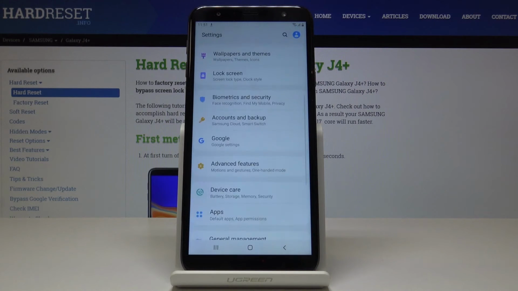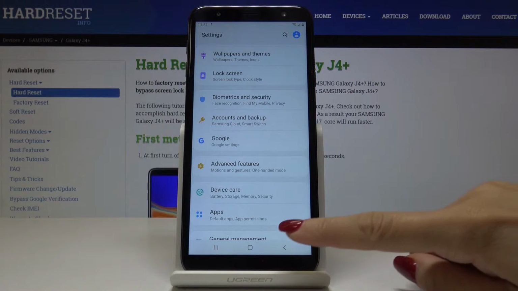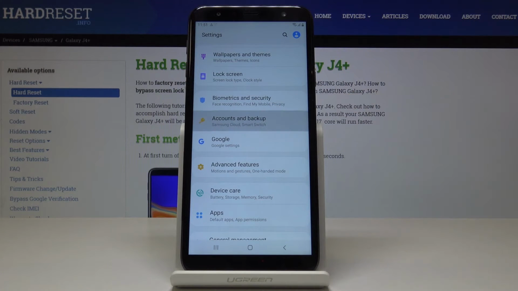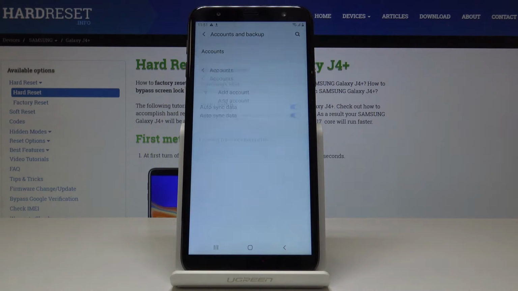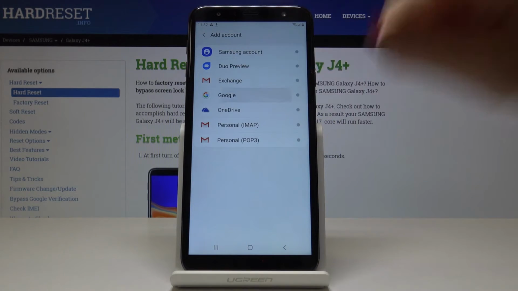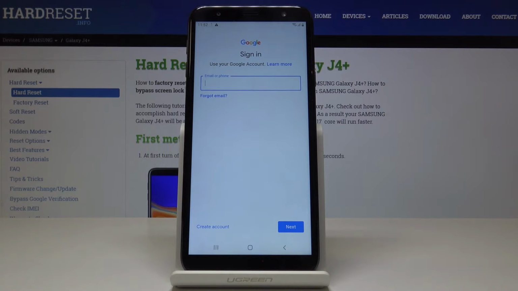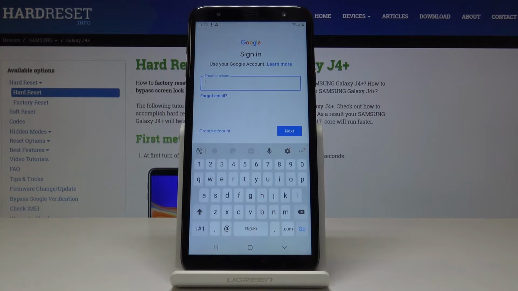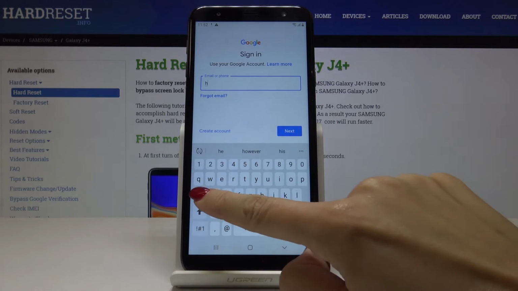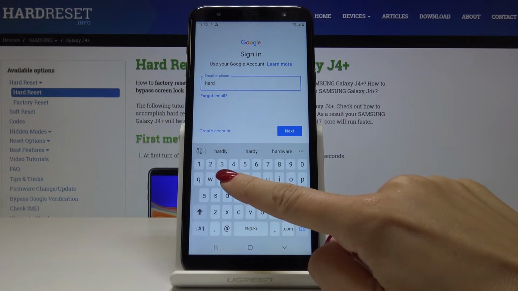And obviously then if you would like to add Google account, simply open Accounts and Backup one more time, click on Accounts, Add Account, then pick Google obviously. And here you can log in with your Google account, so enter either your email address or phone number. In my case, it will be email address,